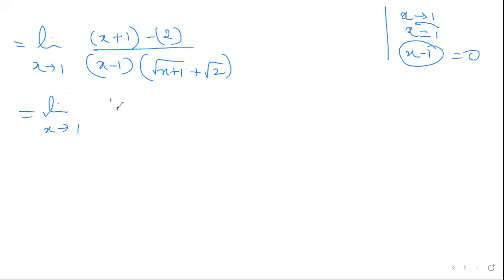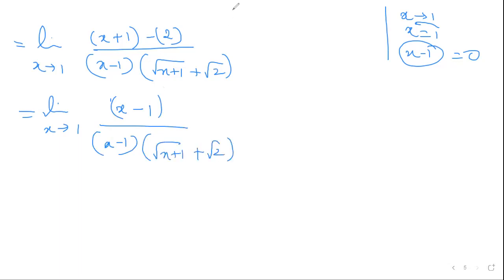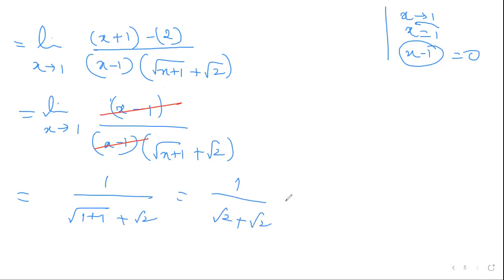I'll just look at the numerator. X minus 1. If you open it, the culprit is there in the numerator. The culprit is there in the denominator. What you will do with it? You'll just cancel it out. Done. So whatever is left, you'll just substitute. So x again 1. So 1 upon square root of 2 plus square root of 2. That's 1 by. It's not 0 by 0. So the one who was getting 0 by 0, please check it again.